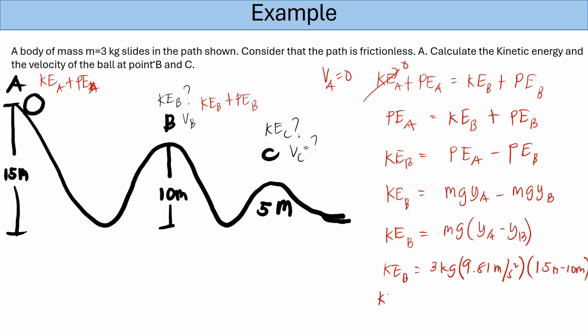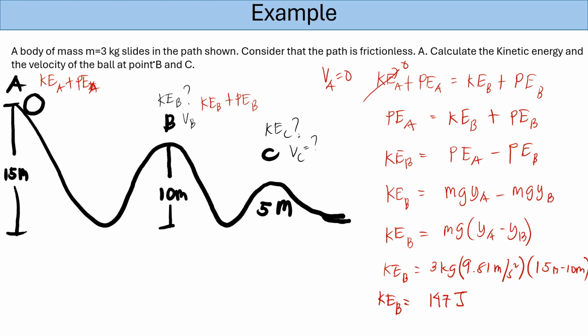So if we're going to plug that in the calculator, that is 3 times 9.81 times 5. So that should be approximately 147 joules. So this is 147 joules. Okay, so